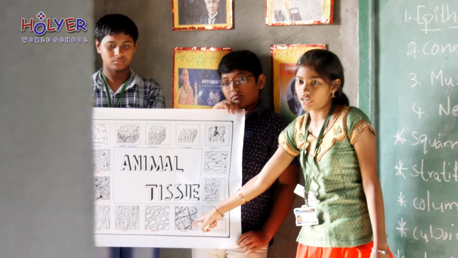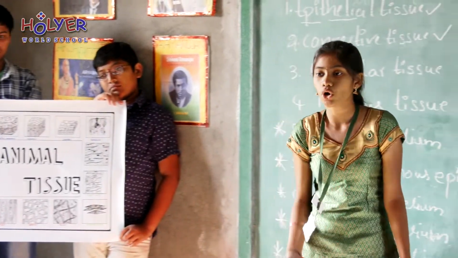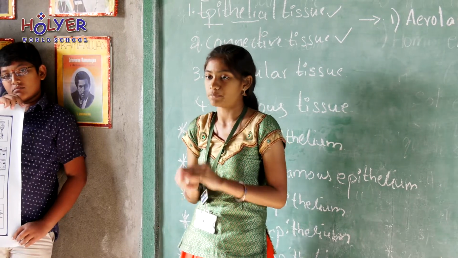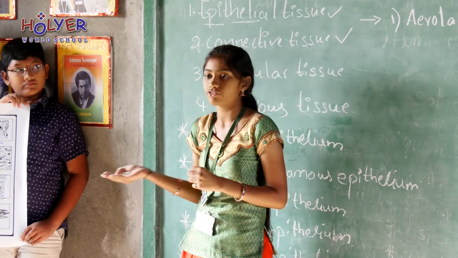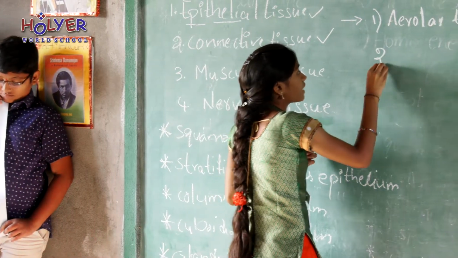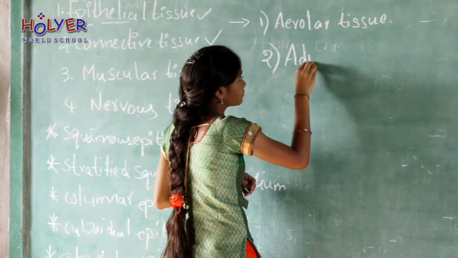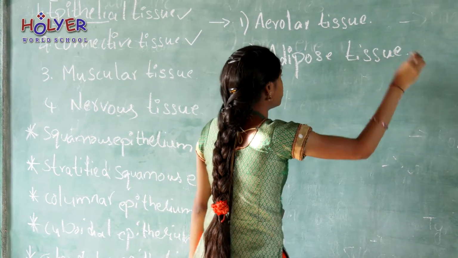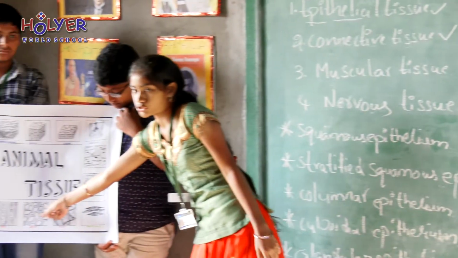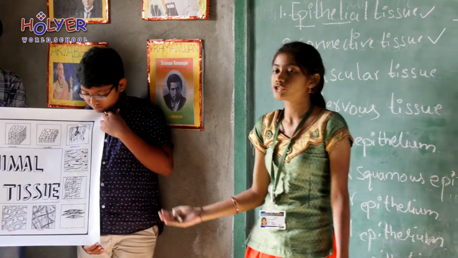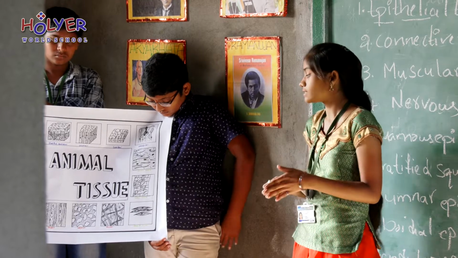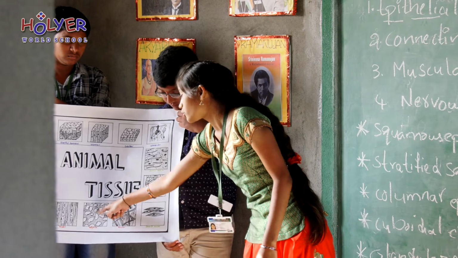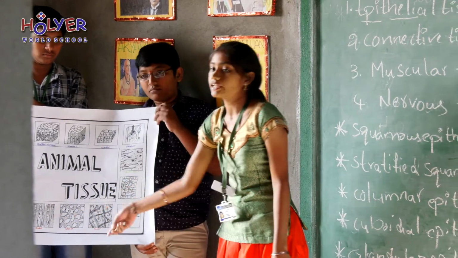Here, this is the structure of areolar tissue, and it is a type of connective tissue which joins the tissues and also helps in packing and keeping the organs in place. The cells in this tissue are known as fibroblasts. And the second one is fat storing tissue, adipose tissue. Here, this is the adipose tissue, and this type of connective tissue stores fats in our body, and it is found below our skin and between the internal organs. The internal spaces in this adipose tissue are filled with fat globules like this.